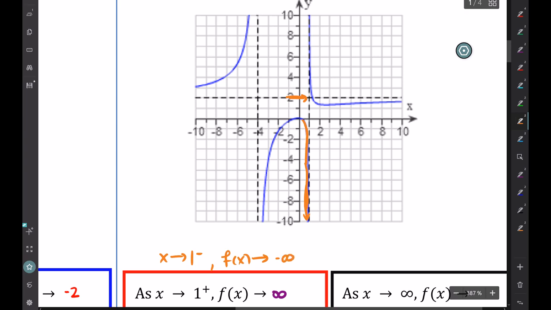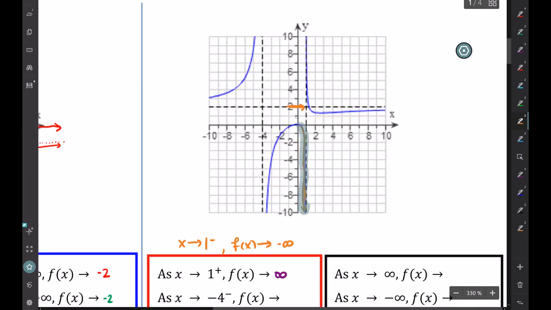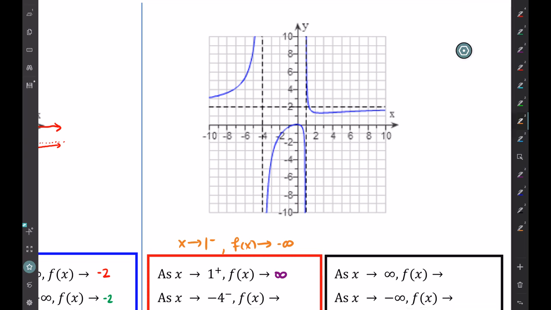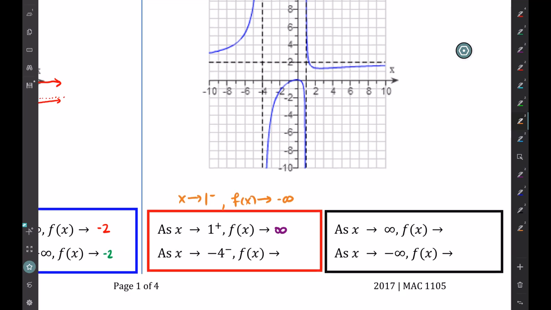Clean that up a little bit. All right. So hopefully that's clear that when you see as x approaches 1 plus, you're saying values to the right of 1. And when we see as x approaches 1 minus, you're saying look at the values to the left of 1. Okay, and the next value says as x approaches -4